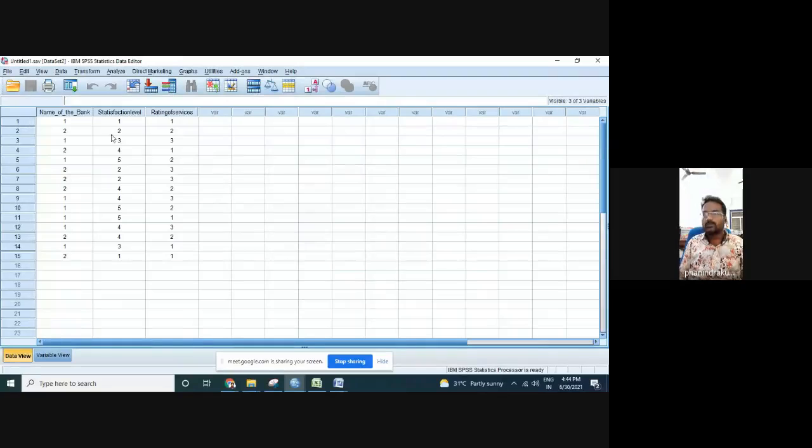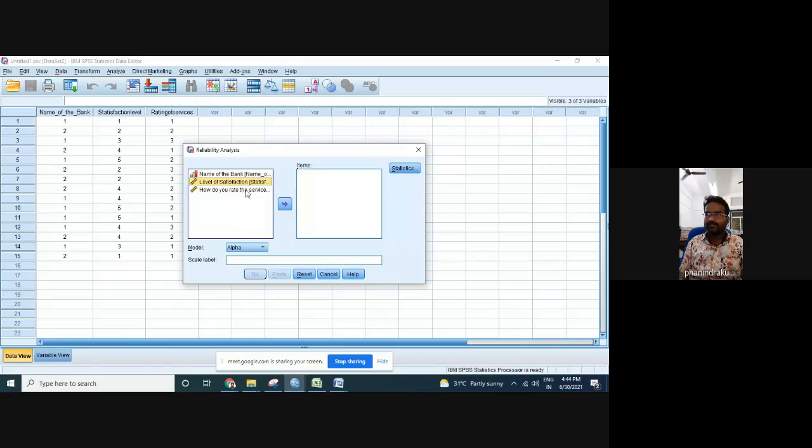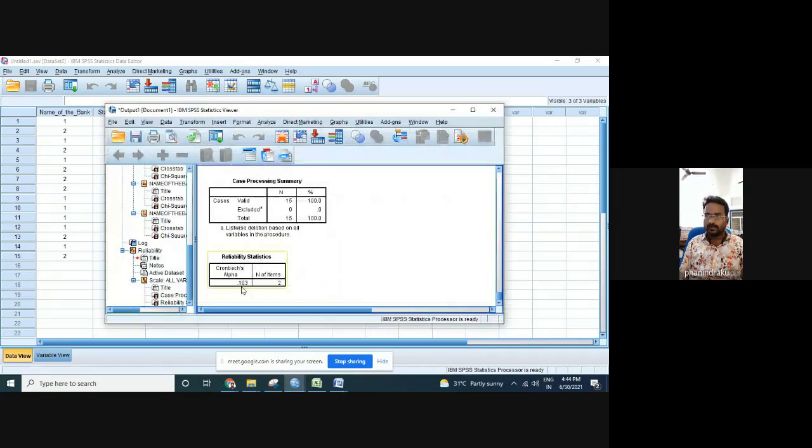See, when you go to Analyze, then Scale and Reliability Analysis, I'm taking two measures and just click OK. See, it is showing 1.0, 0.103. It's also good.